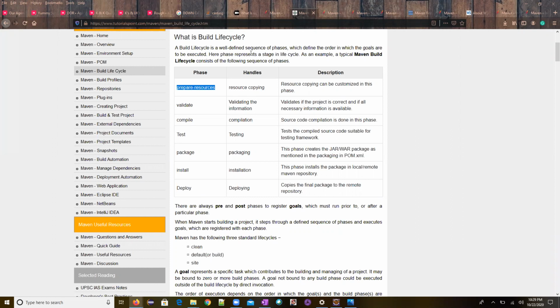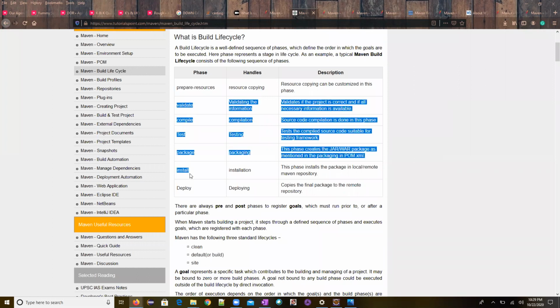See guys, you need to remember, mark the word copying. It is not changing the resources. If you wanted to customize the copying of that particular thing, you will be using this phase. You can forget that phase. Okay, fine, not a problem. But these are the important phases which you need to remember.